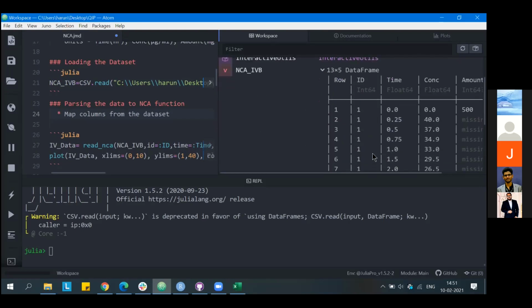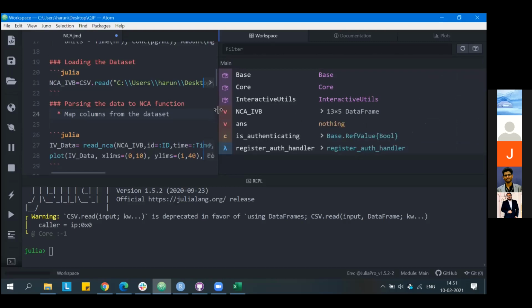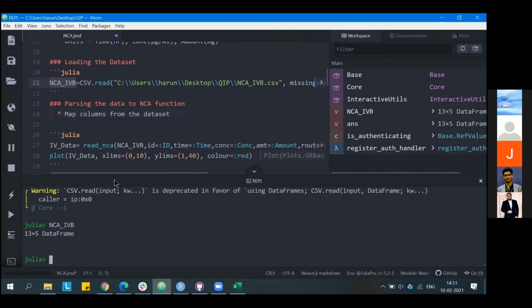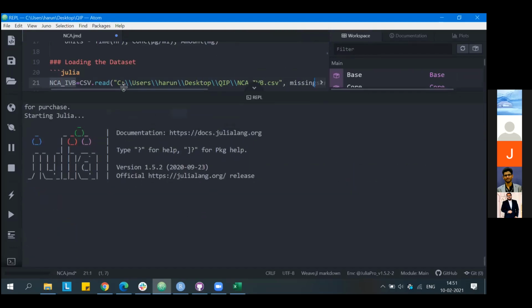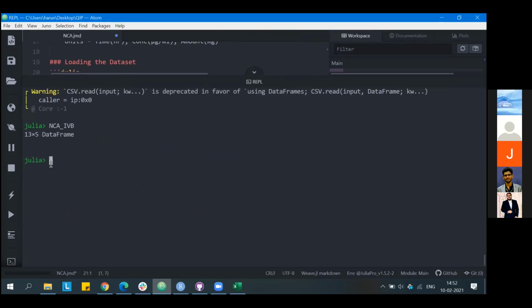I can see it here, but due to space restraint, I won't be able to see it fully. So what I can do is I'll just run this executed command in the REPL window and press enter. This works with space, so I just make some space and run the command again.